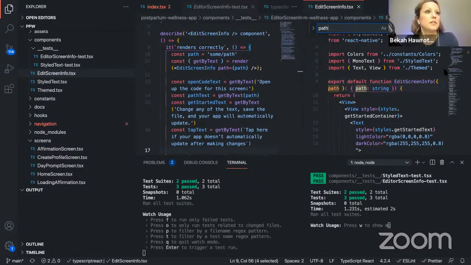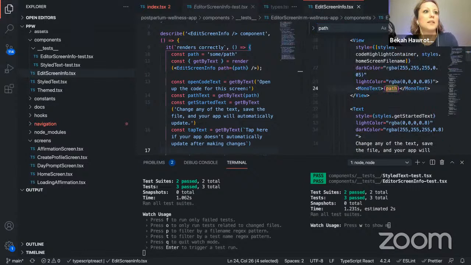Well, this is the TypeScript path. It's a string. And so that's it right there. It's being used, that prop on line 24, which I'm not quite sure what that is, that mono text. I'd have to see that on the front end. But regardless, when we look at this test on line 11, I would question, what is that path doing?